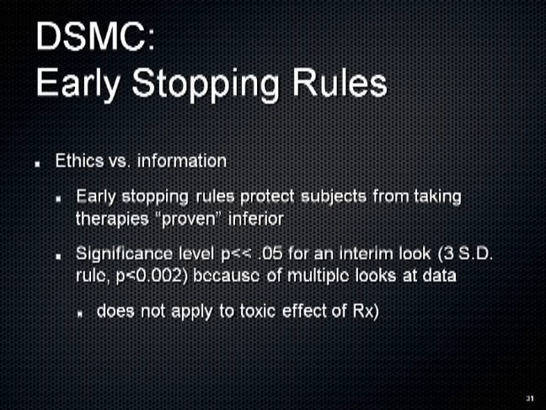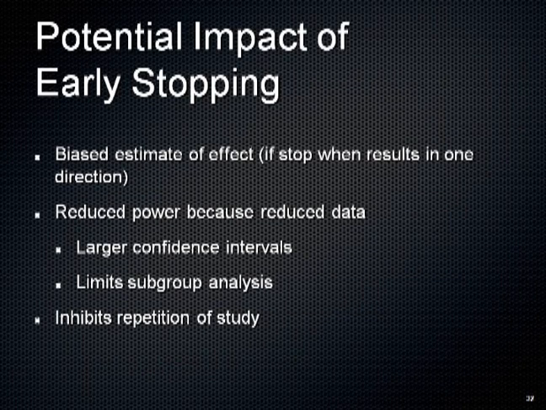Because you're taking multiple looks at the data, you're cheating. You're trying to turn one experiment into multiple experiments. You can't do that. You only have one shot from your trial to get evidence. And if you keep looking at the data and changing the results based on what you find, or your conclusions based on what you find, it's cheating. Now, obviously, this doesn't apply to toxic effects of treatment. Once you discover that a patient is toxic, then that's a different sort of question. And in general, we tend to shift our reaction to toxicity differently than the more open question of efficacy. Now, what's the impact?